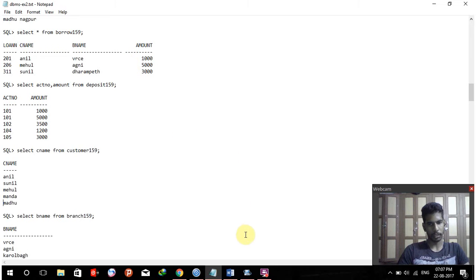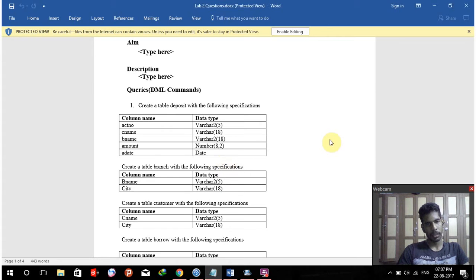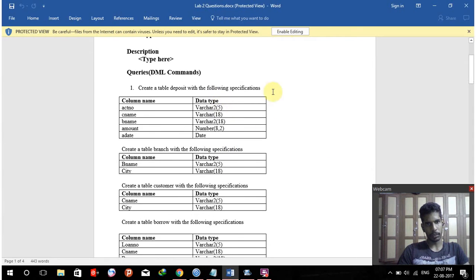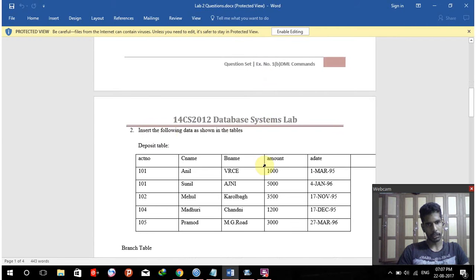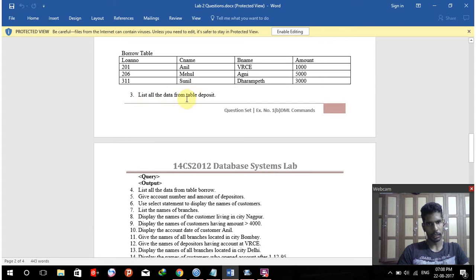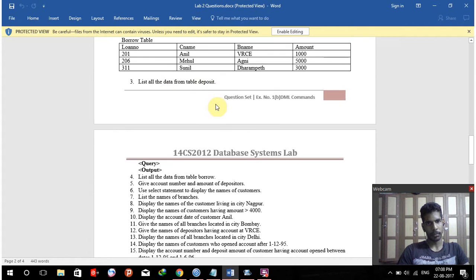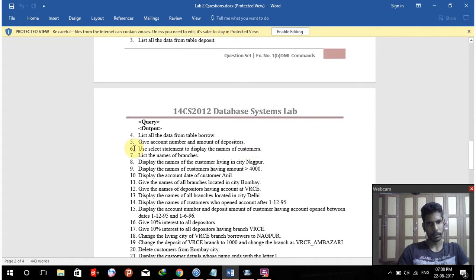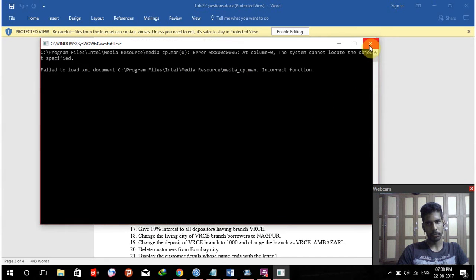So everything is displayed. The first question was to create the tables, and the second was to insert, so these 2 parts are over. Then list the data from the table deposit, that's also over. Then all data from table borrow, that's also displayed. Then give account number and